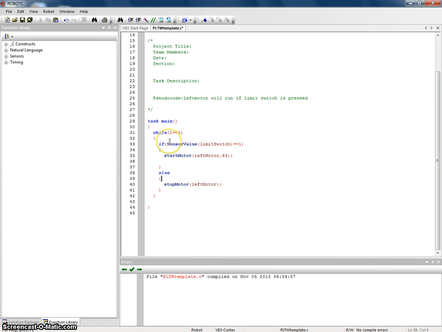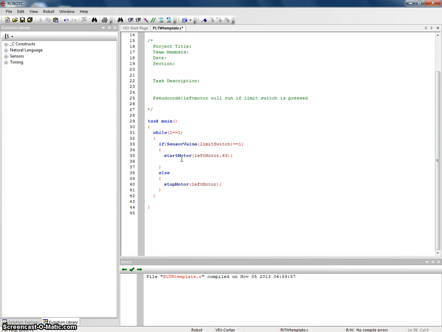So as you turn this program on, right away, if you don't touch your test bed, it is going to continually look and see 1 equals 1. All right, I'm going to continually loop this program. So it'll look at line 33 and say, all right, the limit switch is not 1, so it's automatically going to jump to the else because these two are linked. So it jumps to line 38, that else, and it's going to stop the motor because it's the false condition of this. So it's going to stop the motor. As soon as you press that limit switch, though, it's going to read that this is true, and it's going